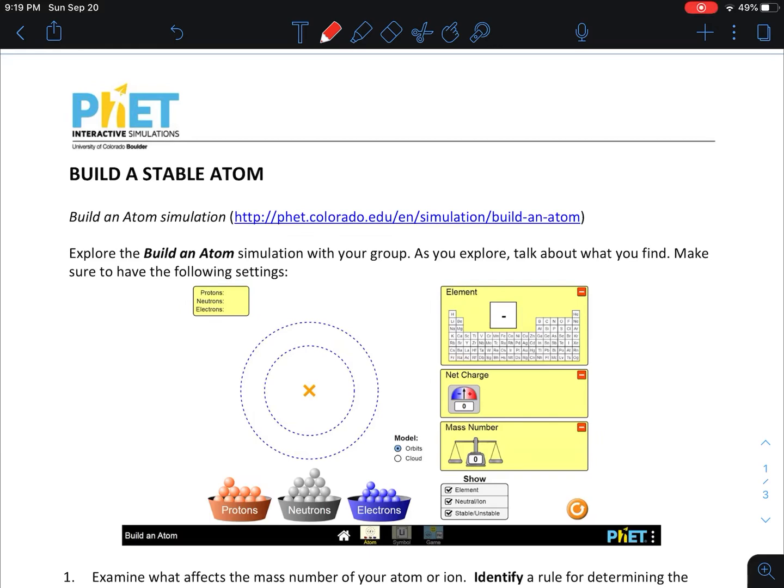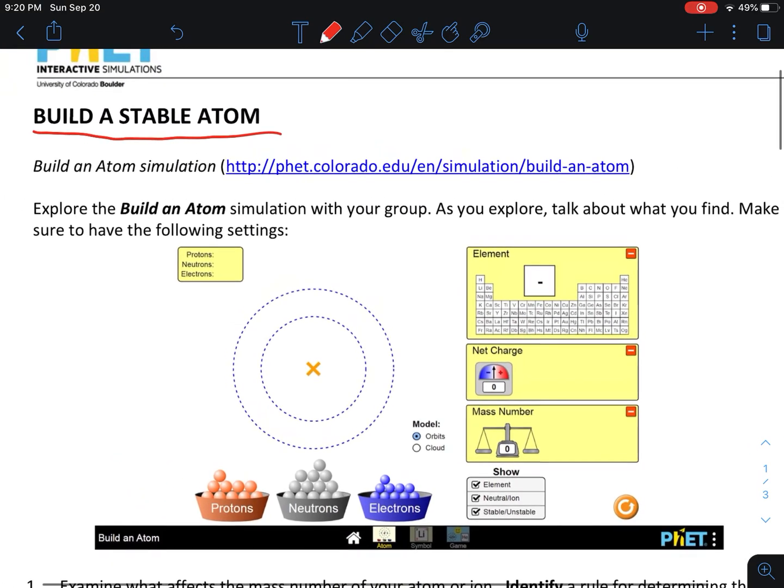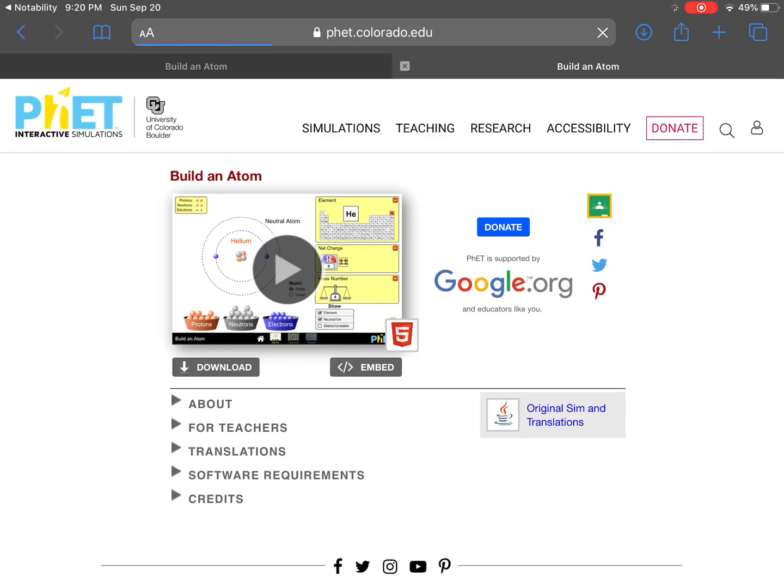All right, the purpose of today's activity is for us to examine how to build a stable atom. So this looks really familiar. We've looked at this website before, the Build an Atom simulation on PhET. Go ahead and click the link that's there. It'll take you to this web page. You can push play,